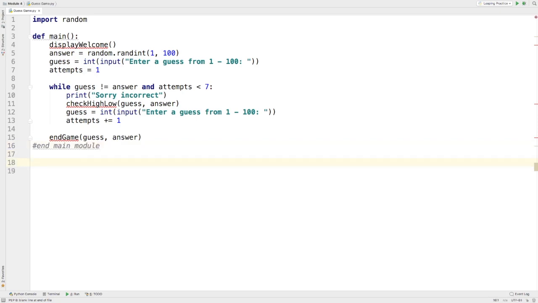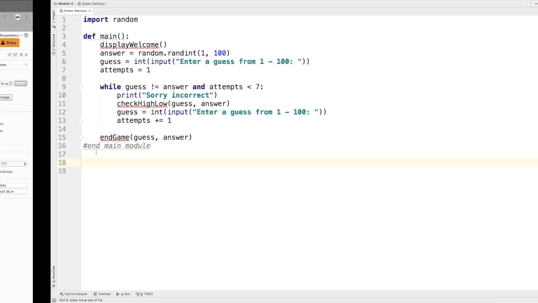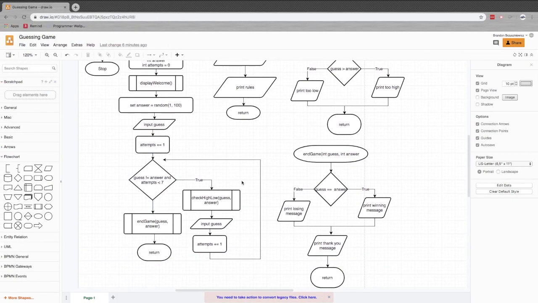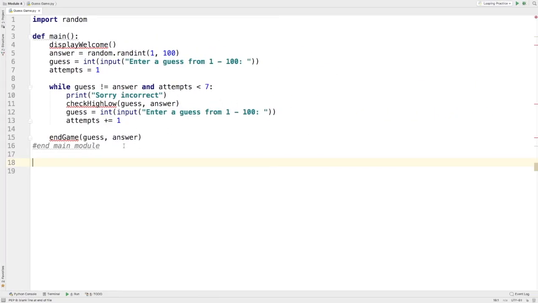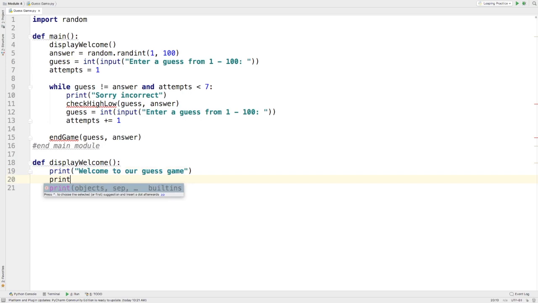So let's write some of these other methods that we had to write as we built this out. So here we go. We've got the display welcome. All right, so let's get into that. We'll display def. And the display welcome is just going to say a quick print statement saying, hey, welcome to our guessing game. Print, and then I print our rules. The